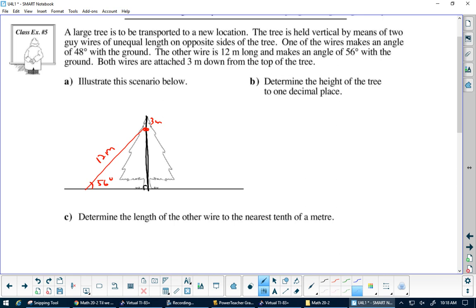On the other side, it would probably be slightly longer, because it's making an angle less. This would be 48 degrees. This, I don't know. This would be like my y, and that's my x. I don't know that. So first, to calculate the height of the tree,